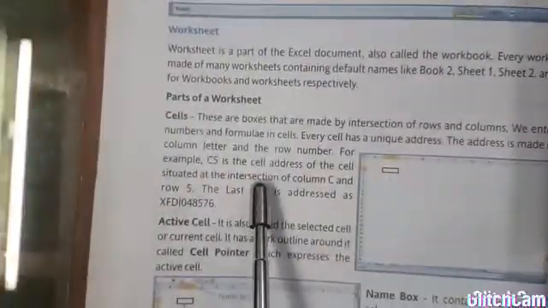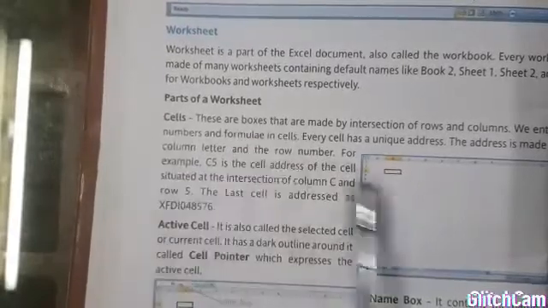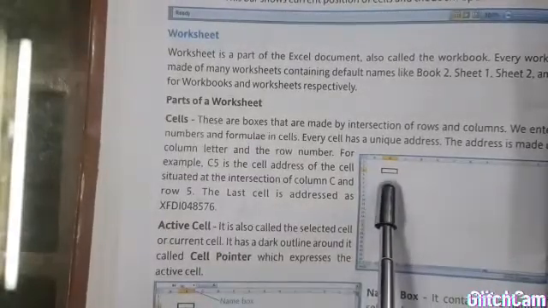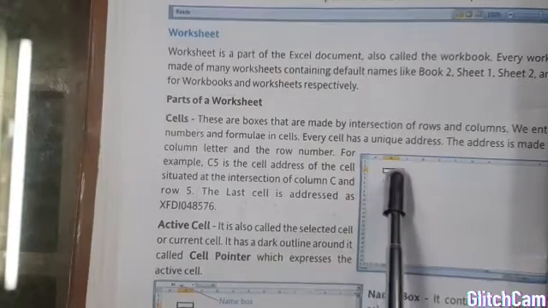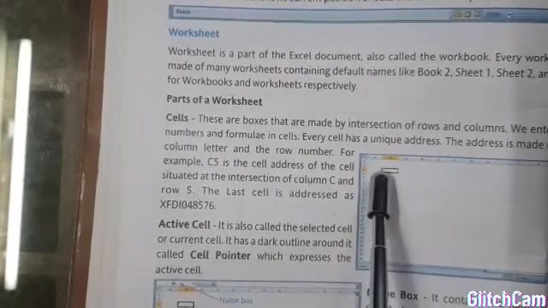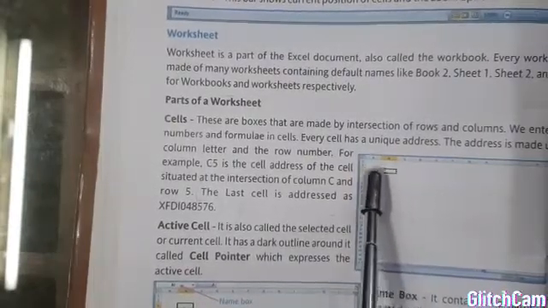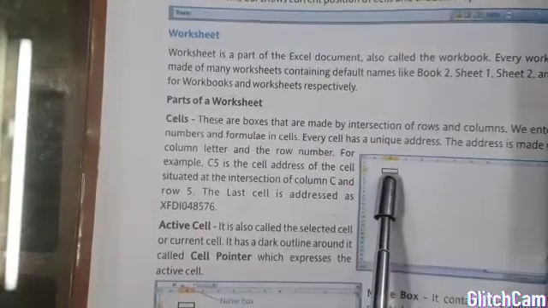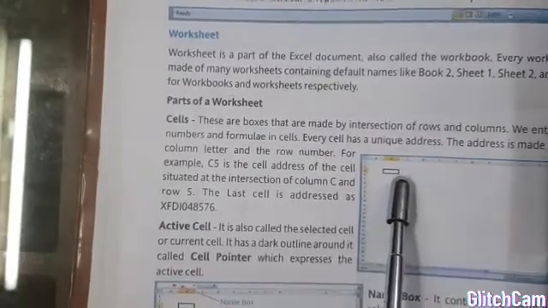So the parts of a worksheet: cell, which I have already told you about. This one is highlighted with a dark border or bold outline. This is your active cell, right?